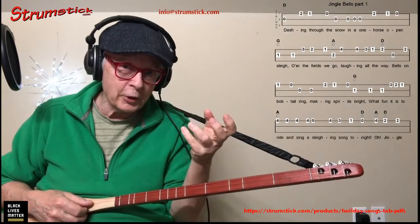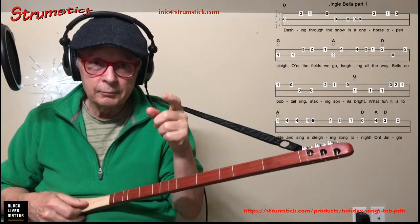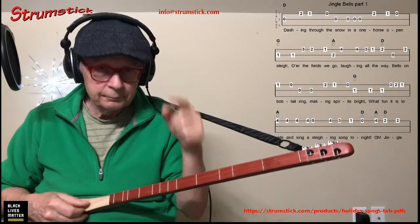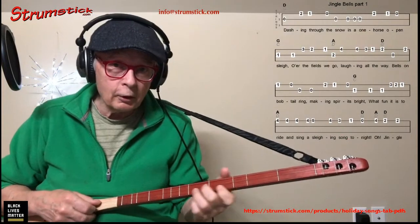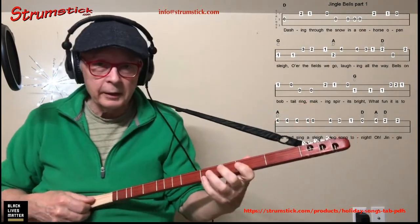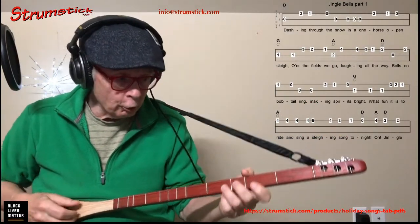Now that's not as interesting rhythmically as, but you could throw in a little sequence of that if you want to piece your way through fingering, trying to get more of the melody pulled out by the finger picking. The other thing you could do would be just go